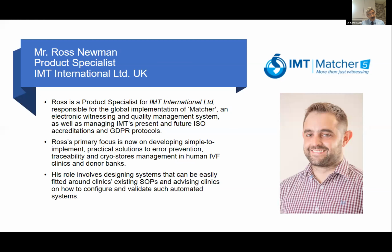Now, there are many electronic systems: radio frequency identification, barcoding, RFID. But the tasks in the process do not need to be manually witnessed if an electronic system or a witnessing system is used. What is our sole target? The sole target is all the systems in the market